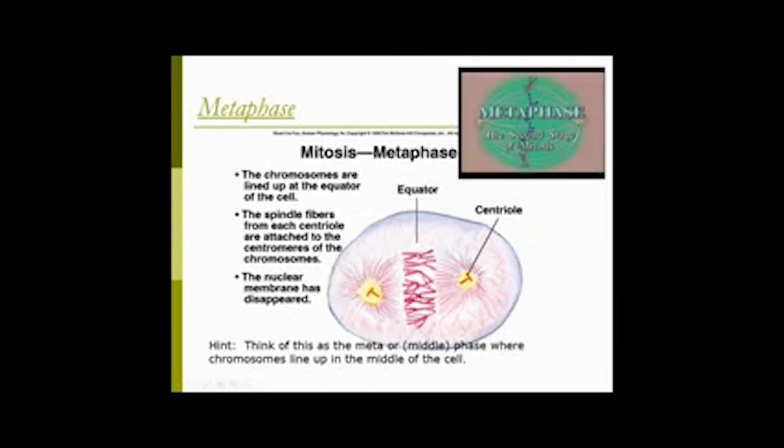The chromosomes line up in the middle. That's one way to remember metaphase: it's the middle phase. And you'll notice these X's, they're connected together in the middle. This is an identical copy on one side, identical copy on the other, and they're going to be pulled apart by these spindle fibers, these puppet strings from the centrioles. It's a pretty short phase. Go ahead and watch the video. Make sure to take notes on all videos.